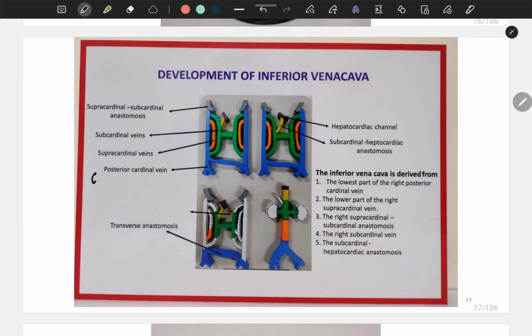See, this is a posterior cardinal vein. Right side posterior cardinal vein. Okay. Now, this part is a supracardinal vein, subcardinal vein. Okay. Here you will get liver. Okay. And this is anastomosis between the subcardinal vein and liver. So now